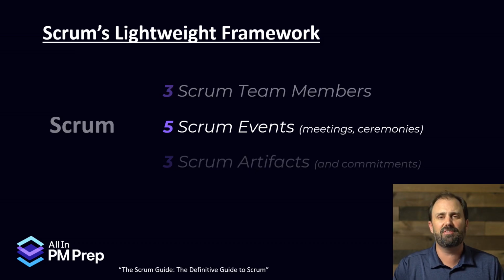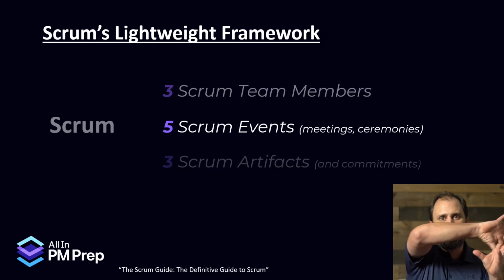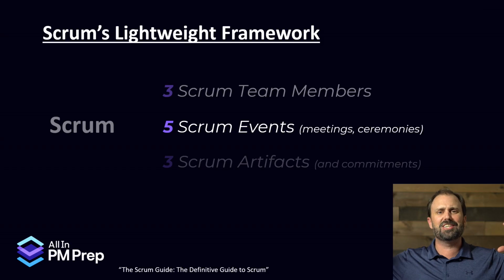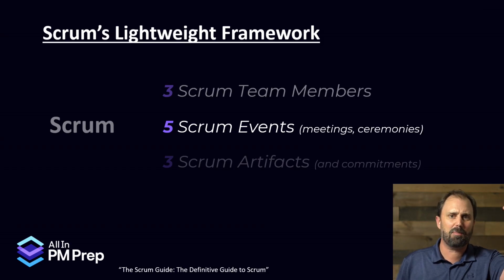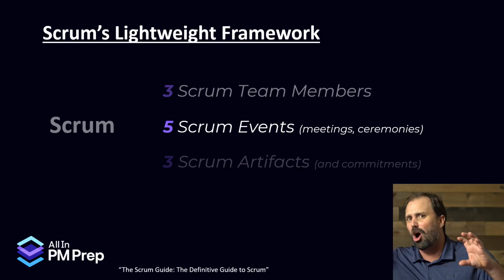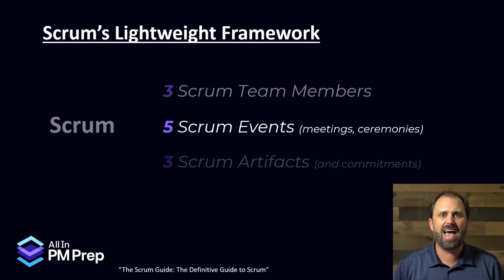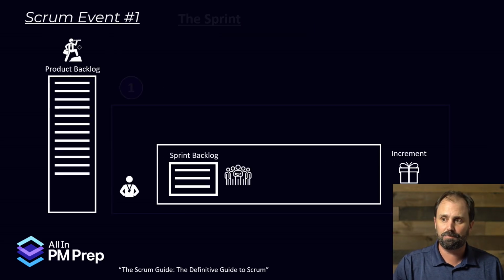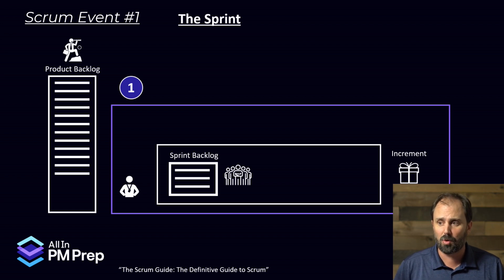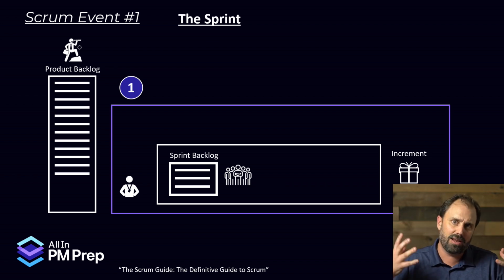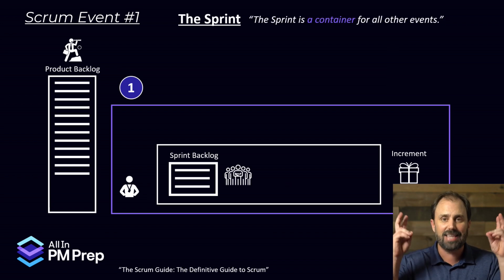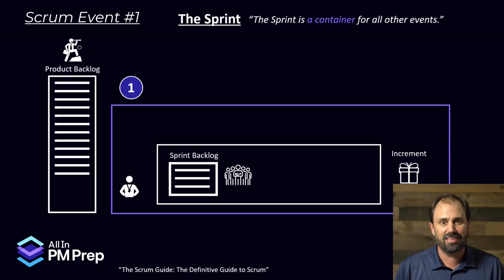And then we go to the 5 events. And this is how the fluid flows through the system, if you will. How we get from that product backlog to the sprint backlog all the way through the back, and how do we get better as a system. So let me walk you through the 5 Scrum events. Here we go. Now, Scrum event number 1 is called the sprint, all right? So this is what they call a container for all the other events. And this purple box is to dictate the 2-week experience, if you will, the 2-week mini project that is the